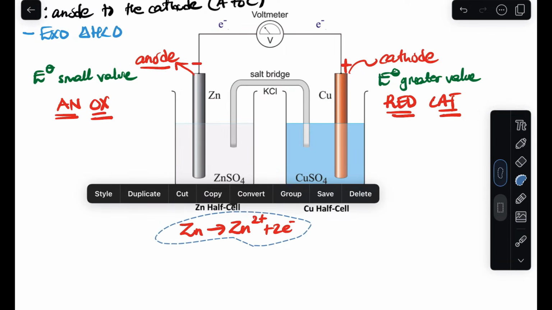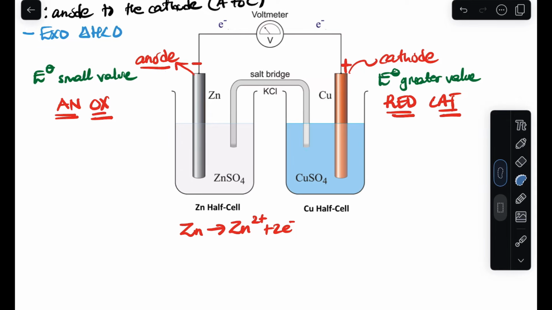Okay, let's leave it like that. So I'm going to have here the copper, it's Cu2+. Where did we get this? We get it from the table, Cu2+, right? And another thing, guys, here,